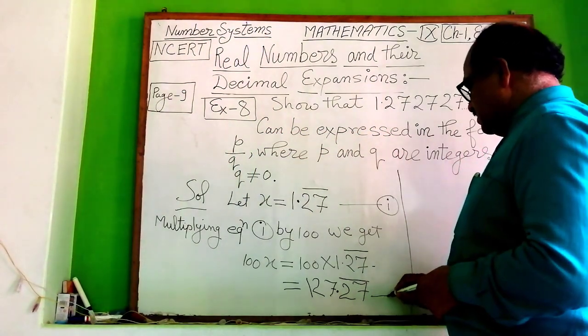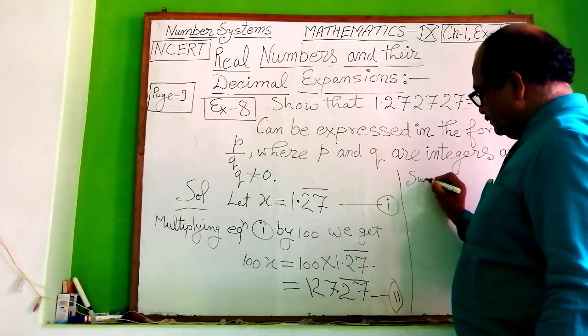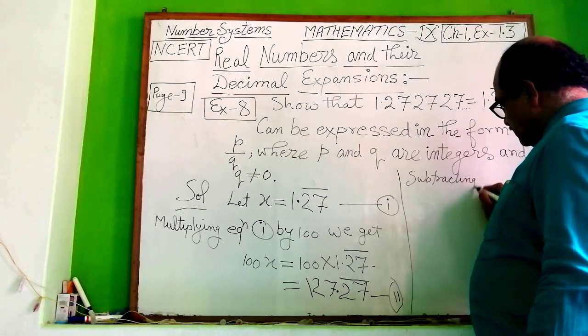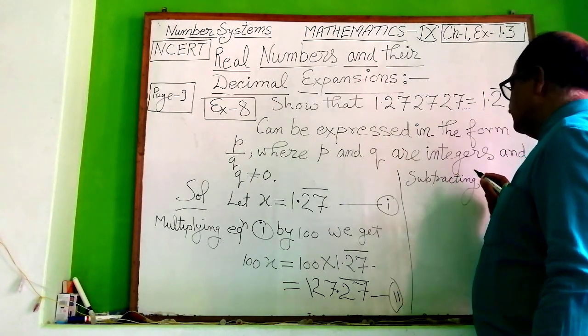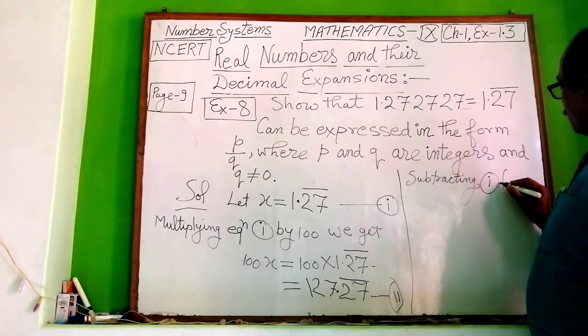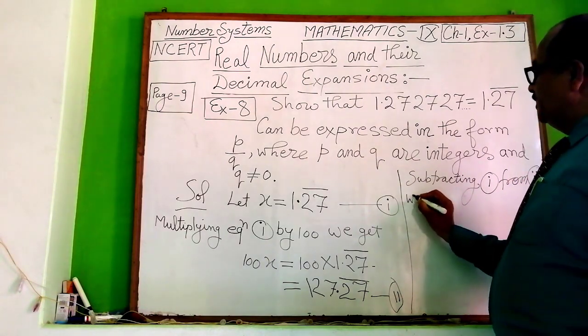This is relation number 2. Now subtracting first from second, we get